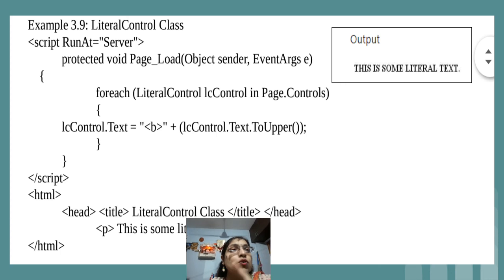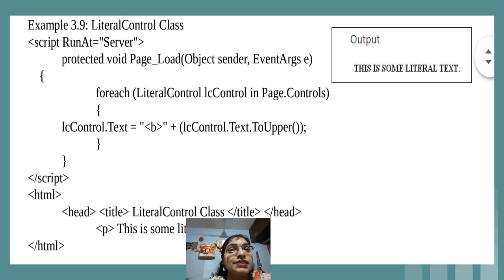We have one control inside HTML, that is P. We take the value of that control and store it in LC control, so now we have the sentence present inside the paragraph tag, that is, this is some literal text. Because we are using a foreach loop, at a time one item from the page controls, that is from the paragraph, will be stored inside LC control, that is the literal control.